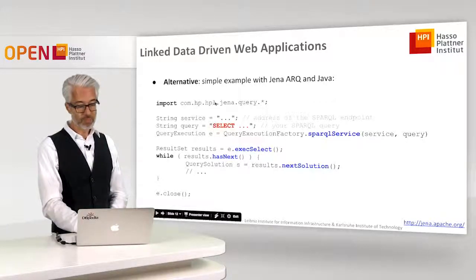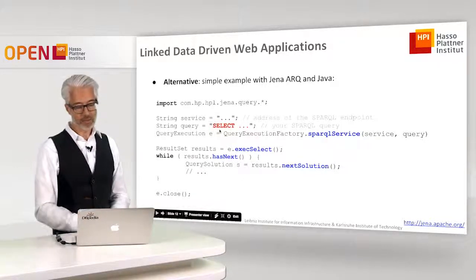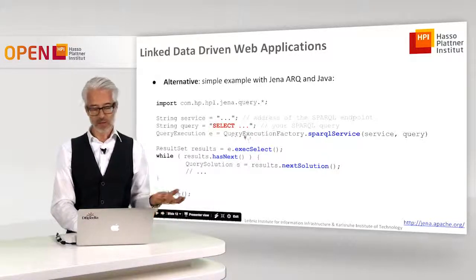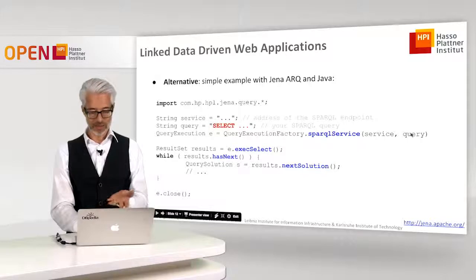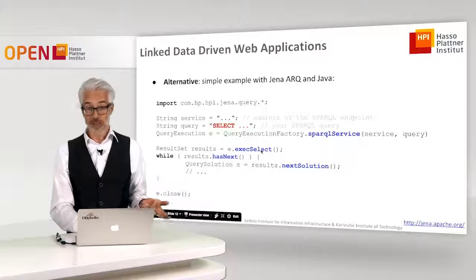Of course, you have to import that library, and then what you do here in Java is you define two strings. First is the service endpoint, which is the SPARQL endpoint. Second one here, query, which will contain the entire query string, and then you define a query execution E, which is a query execution factory, and you have here the method SPARQL service, which specifies the service endpoint and the query. And then here you say E exec select, which means you execute the SPARQL query for exactly that object,